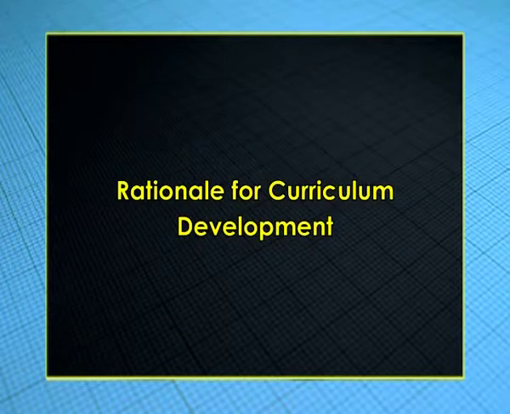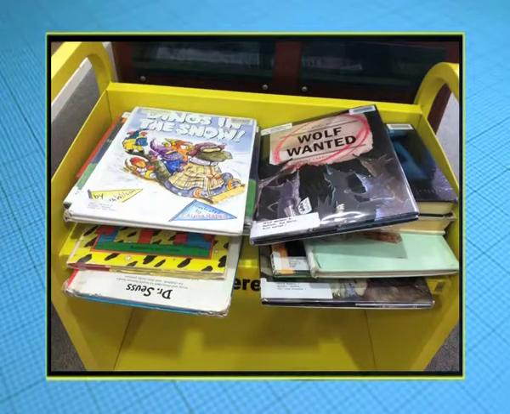A rationale for curriculum development. Students, let us see what is the rationale. The uniqueness of the career and technical curriculum raises a critical question. What is the basic direction that curriculum development in career and technical education should take? History tells us that traditionally, curricula have been developed in a somewhat haphazard manner, with little consideration given to the impact of the development process.